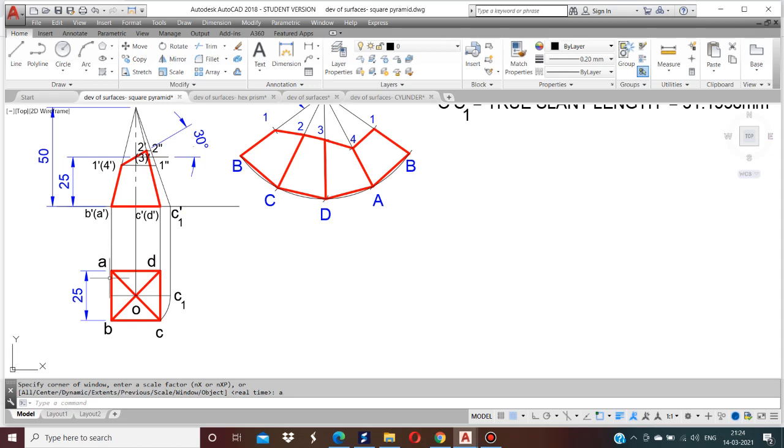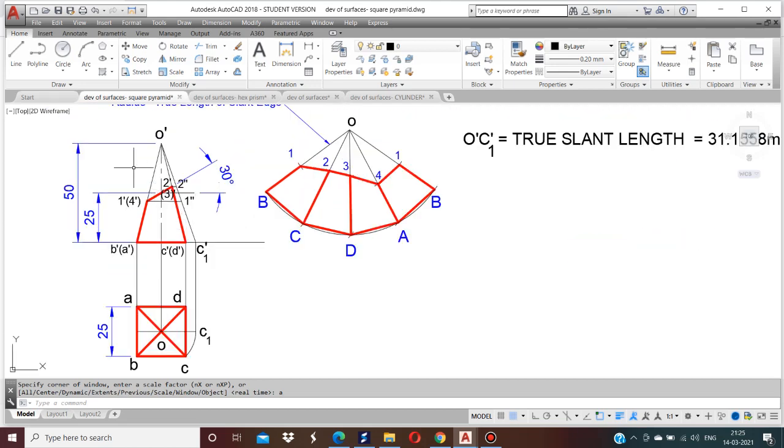From A, draw a vertical line up to the reference line and mark it as B dash, A dash. From C, draw a vertical line and mark it as C dash, D dash. From the center point, draw a vertical line up to the reference line. You should draw everything only up to the reference line. These lines are called projection lines. I have shown them in a 2H pencil, so draw a very thin line. Why a very thin line? Because these lines are imaginary lines.